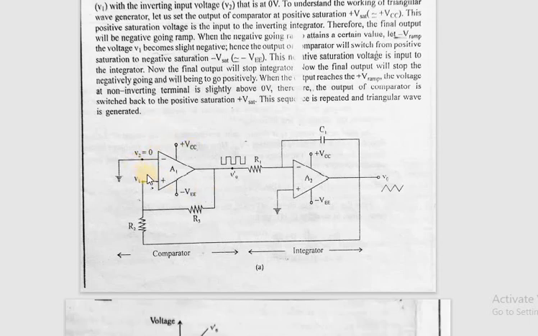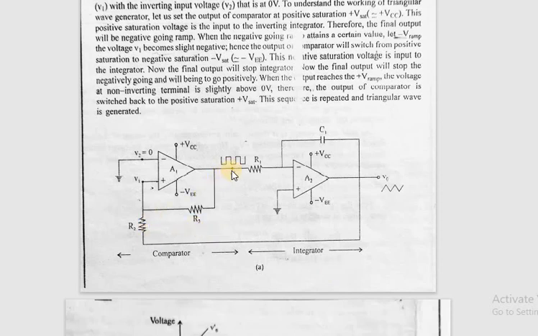With the help of the comparator, we initially assume that it is giving us a positive saturated voltage. Now it will keep on giving positive saturated voltage. The state will only change when this V1 is negative with respect to V2. So how will you make this negative? This will be made negative by the help of this feedback voltage.